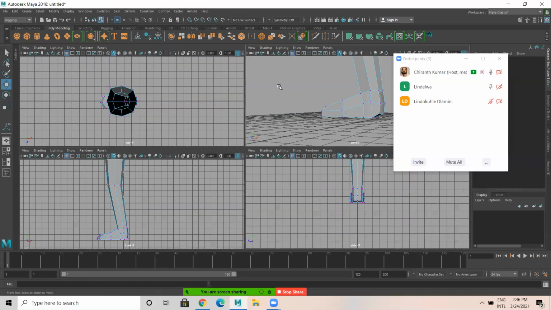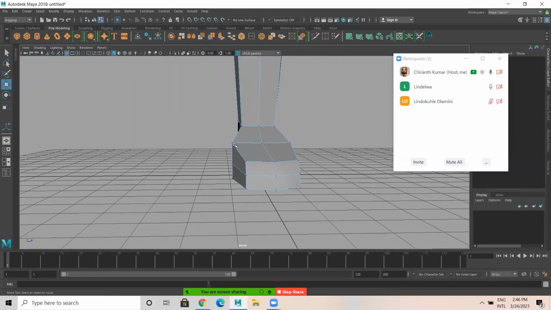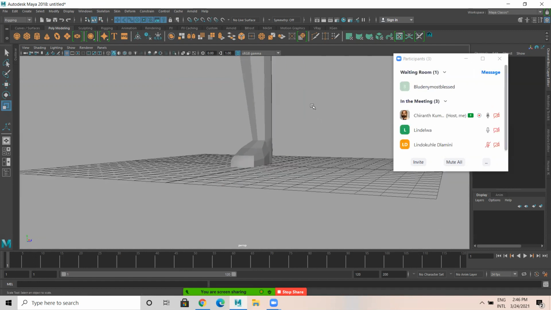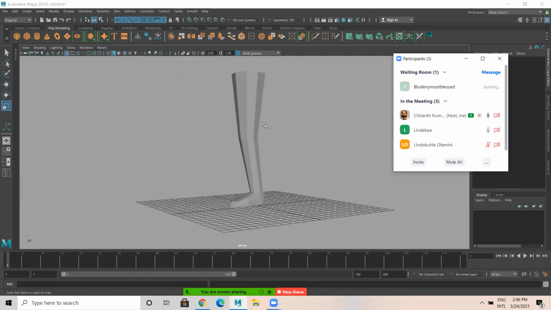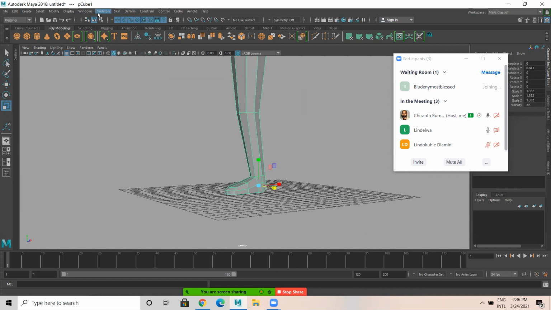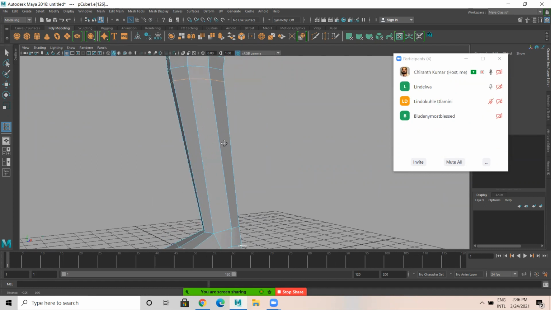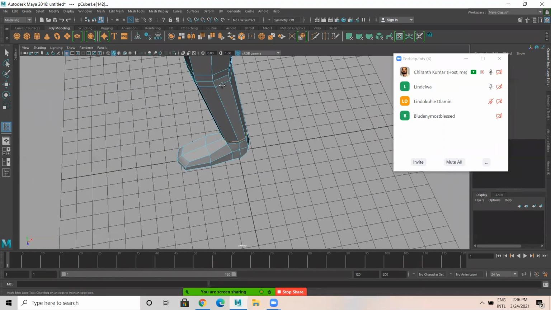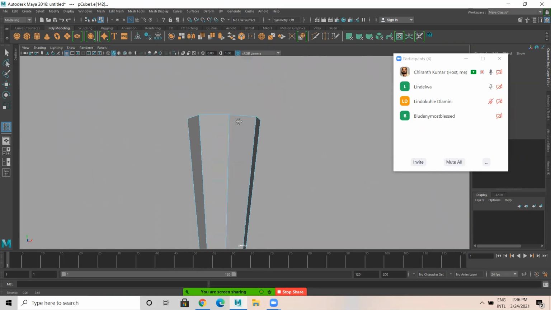I'm just doing some updates to let the model look good. So later I need to add a few meshes. To add a few meshes, go back to Polygon again, Modeling, Mesh, Insert Edge Loop tool. We need to add mesh here where there is a knee part. I'll be adding a few meshes here, and I'll be adding one extra mesh here.